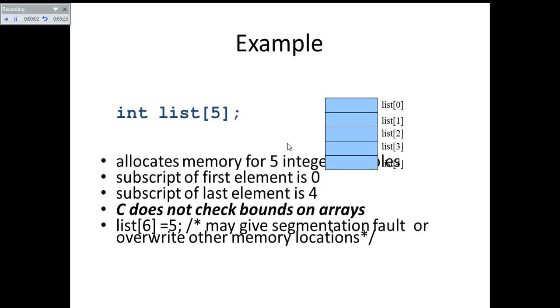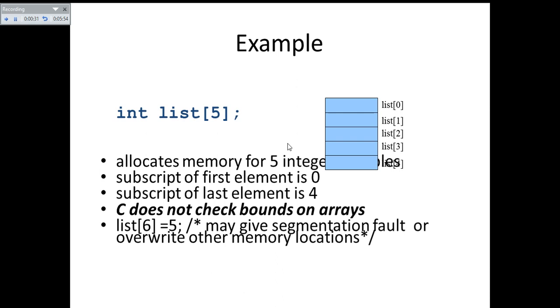And here is an example that shows how to specify a single dimensional array, or one dimensional array, with size 5, whose name is list, and it is of integer type. Integer array means it can store only integer values. And how many values can it store? It can store up to the size mentioned for that particular array while declaring it. And how it is stored is also shown in this particular slide.